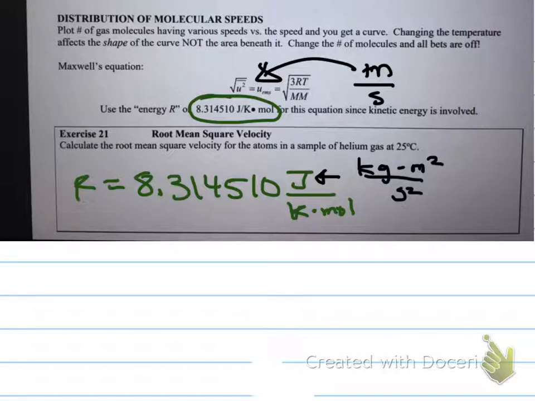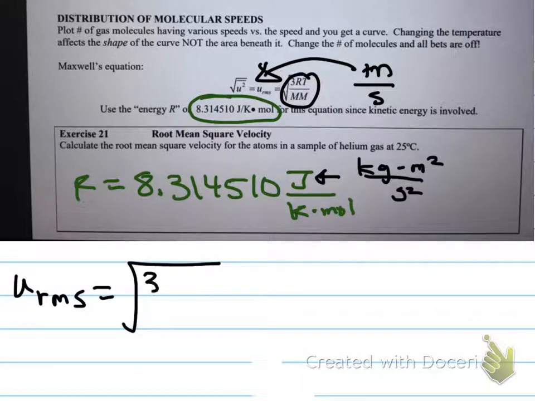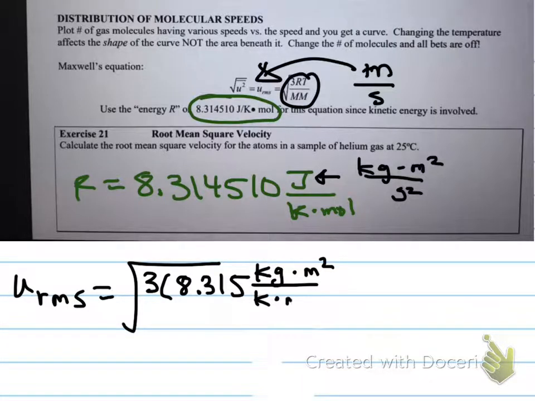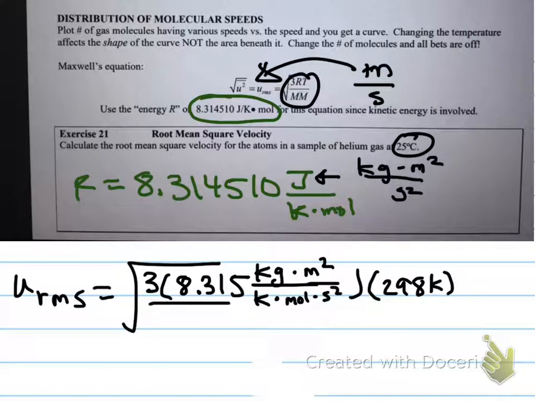If we have this equation, we're going to have our URMS equals the square root of 3 times 8.315, and I'm just going to write it out, kilograms times meters squared divided by Kelvin times mole times second squared, times our temperature, which is 28 degrees Celsius, so that's 298 Kelvin, divided by our molar mass of helium gas, so that is 4.0